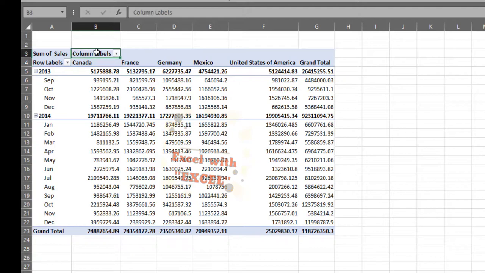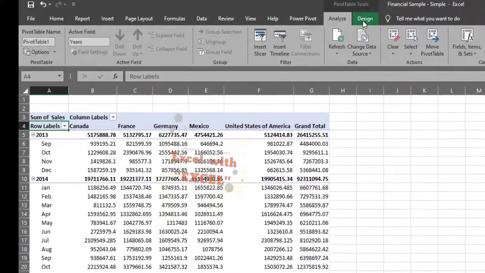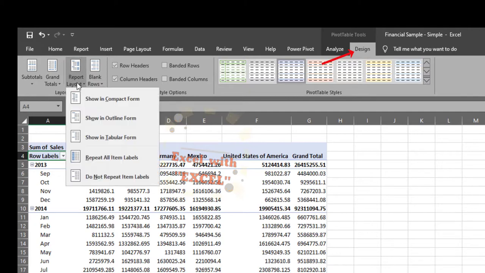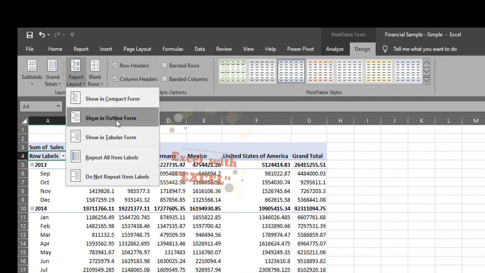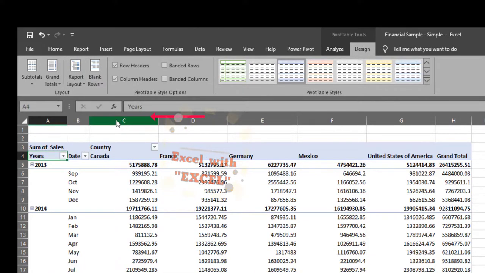If you don't want these labels, I'll go to Design, Report Layout, and show outline form. So now you have a meaningful layout.